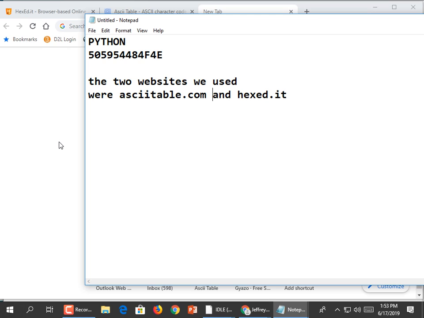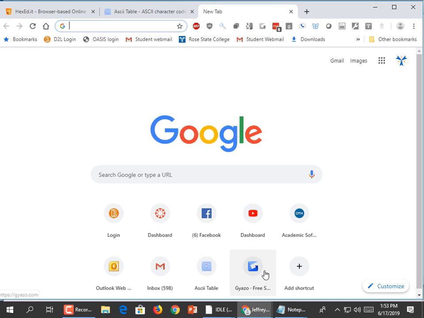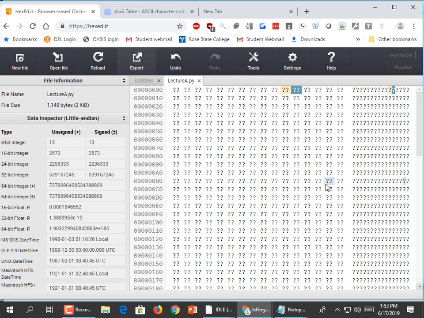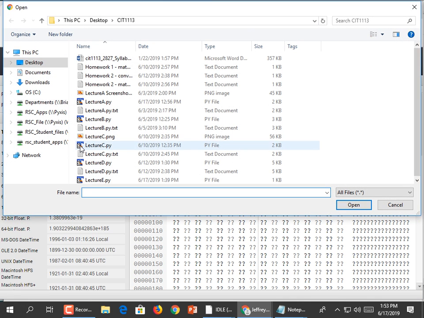At hexed.it. Oh, I'm going to veer back towards using hexed.it just for a second because we could upload a different file, other than a programmer file rather than a text file. Like I could find an executable file, a .exe, or I could try to find a picture. So if I do open file and I find my screenshot